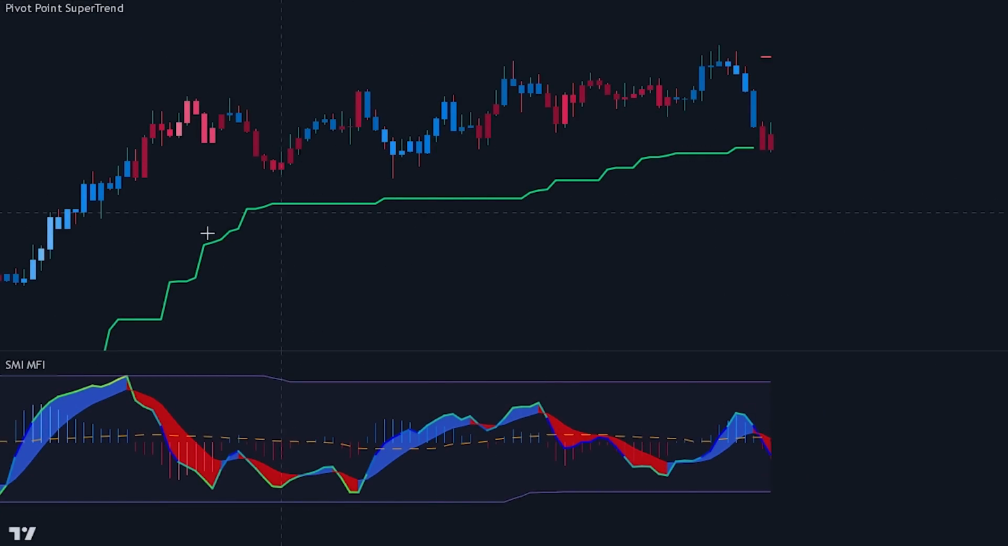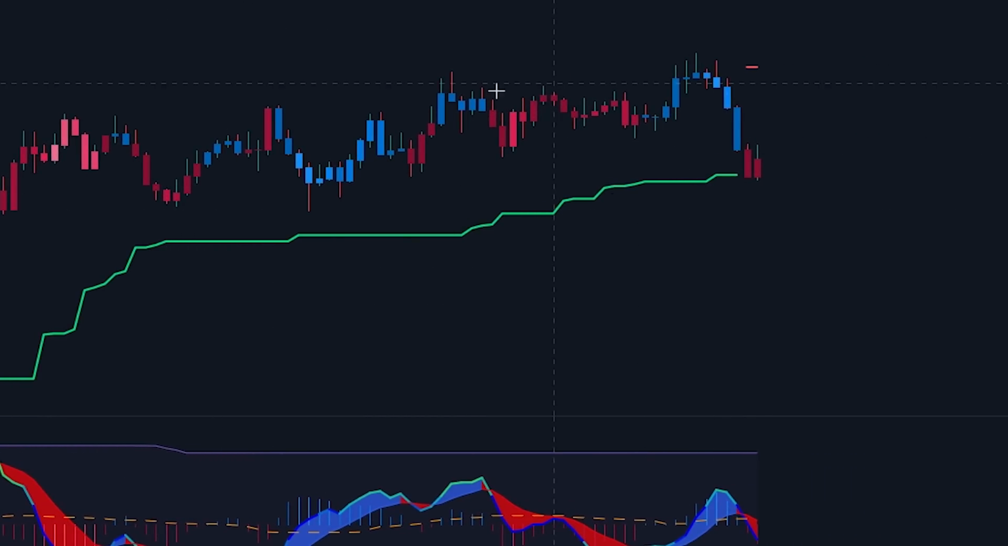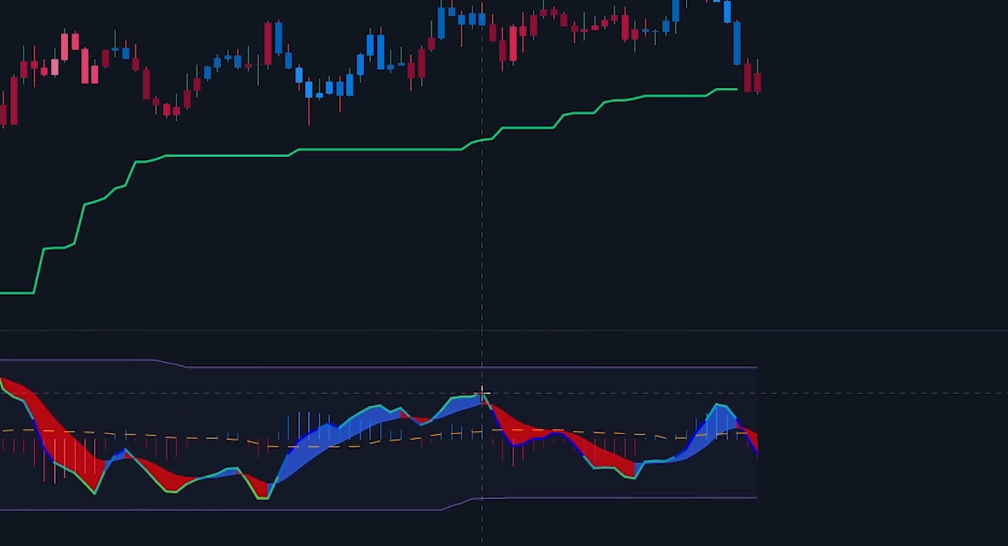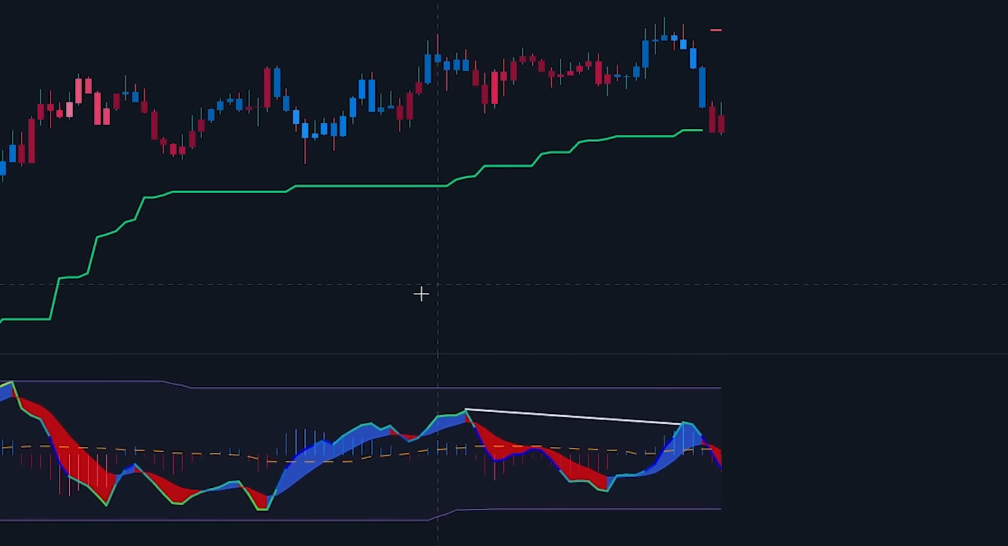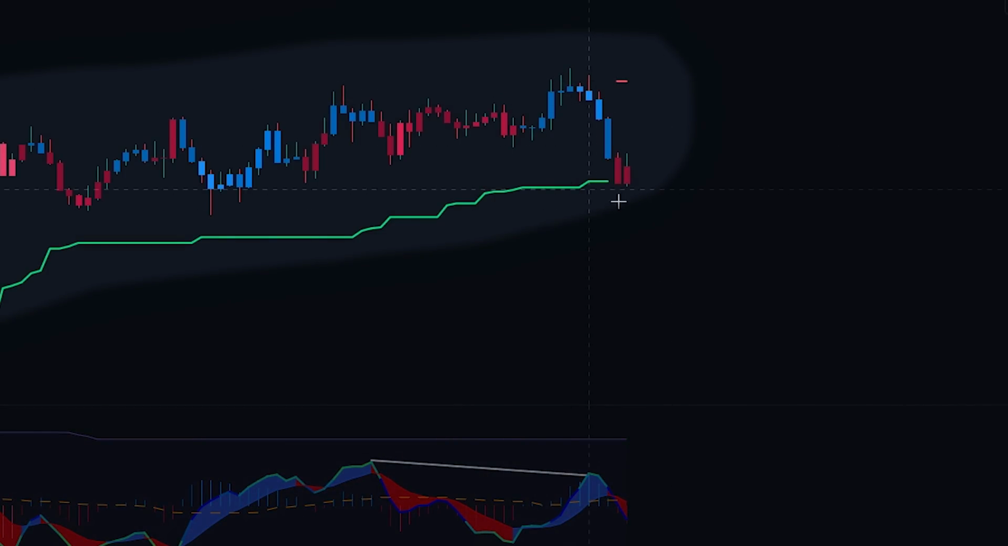Here we can see that the price was in a large uptrend. We can also see that the bullish momentum slowly started decreasing. Along with this, if we take a look at the SMI MFI indicator, we can see that lower highs are being created, indicating that a bearish reversal is likely. We can also see that the SMI MFI line just crossed below the center line after the bearish divergence, indicating a longer-term bearish trend. Finally, if we take a look at the Pivot Point Supertrend, we can also see that